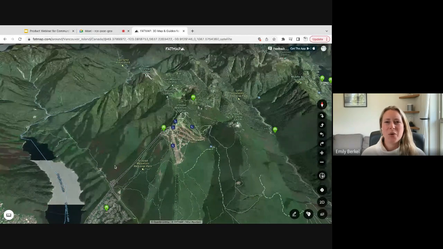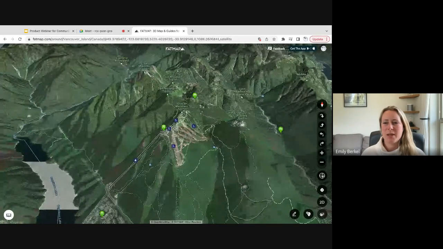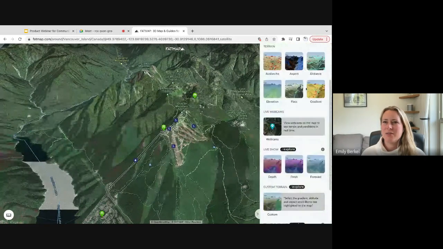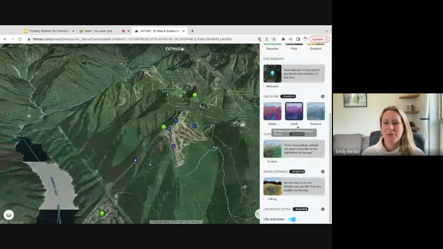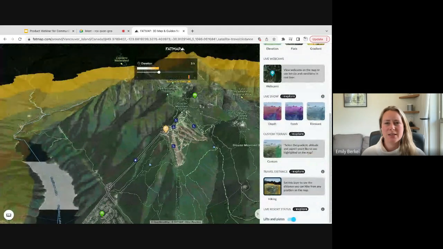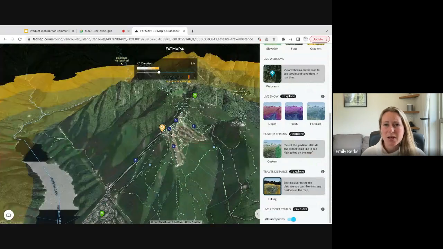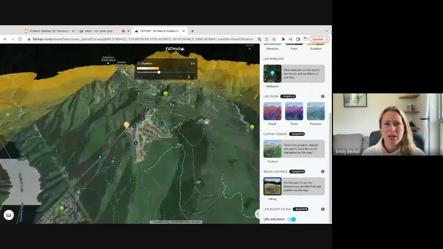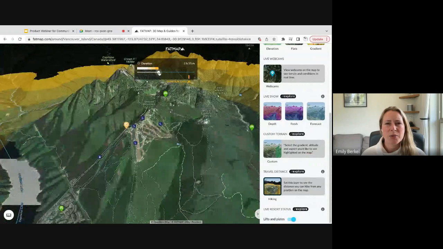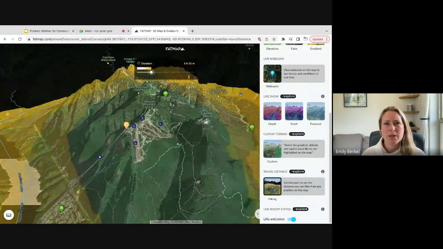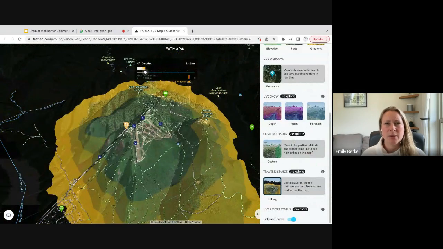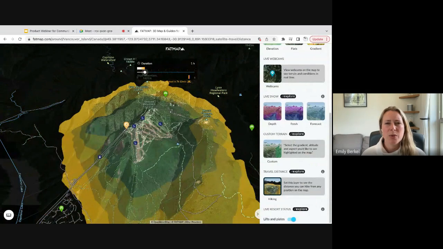Taking us over to Grouse Mountain in Vancouver, and we're at the top of the gondola up here. We'd head over into overlays on Fatmap, turn on the hiking distance layer, put the waypoint where we want to start our hike. So let's say the top of the gondola over here. And say, for example, we want to do roughly a 1 hour hike today. We're going short. What this shows us is